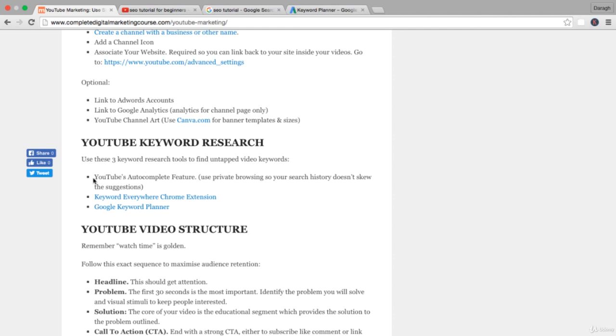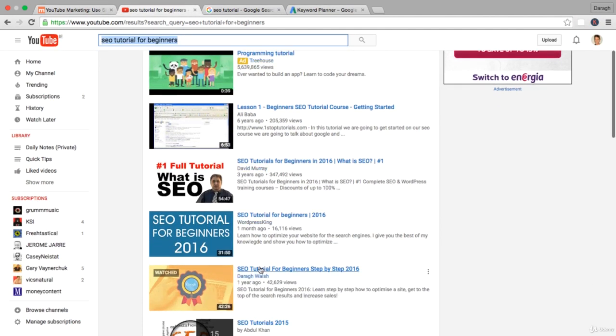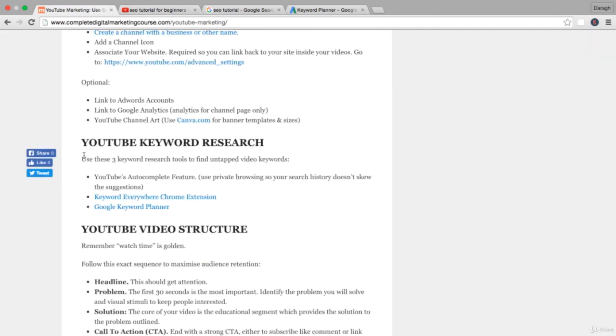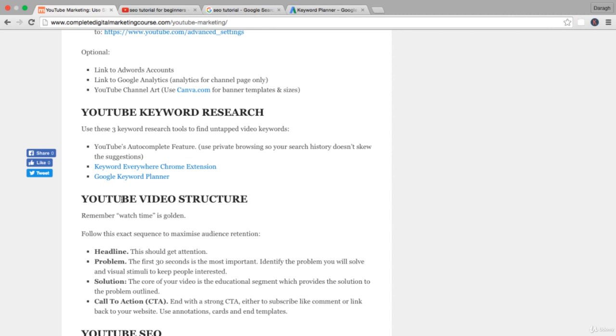Probably the simplest method is the autocomplete, and you can just keep using the title as it gets longer and longer, just like I've done here, to pick up those additional searches, not just for the very short first keyword like SEO or even SEO tutorial. I'll be picking up searches for all of these terms. So go ahead and do that, use these 3 tools, and then I'll see you in the next lecture once you've picked out a topic